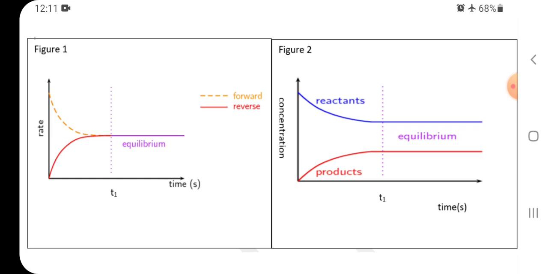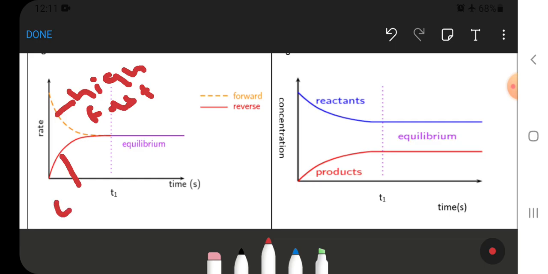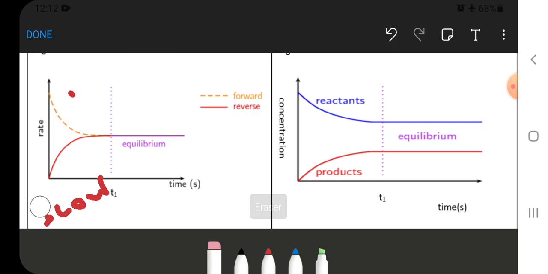you are going to see that the forward reaction here, it's high or fast, but the reverse one is slow. Okay, it's slow. And then the forward reaction starts high and slows down as it gets to equilibrium. Here is the equilibrium. So the forward reaction starts high and gets slow when it gets close to equilibrium, but the reverse reaction starts low and gets higher when it gets close to equilibrium. That's another thing that you guys have to know with regards to the rate